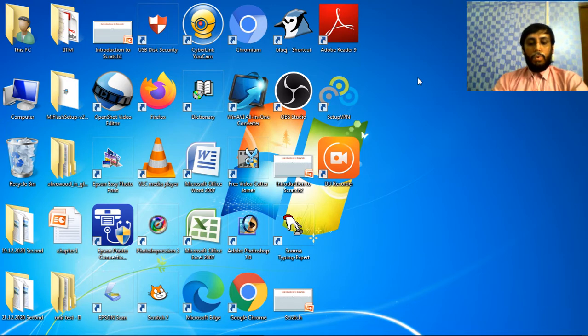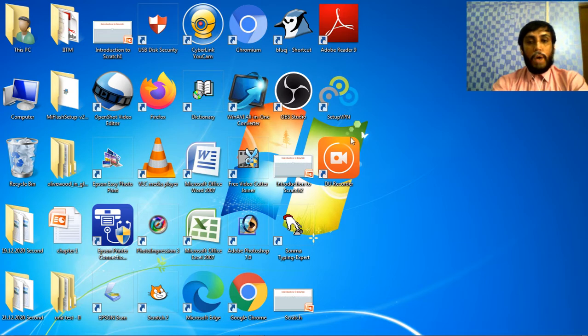Okay, now the second point is arranging desktop icons. So now you see that these are coming by default. By default means automatically it is coming on the desktop.